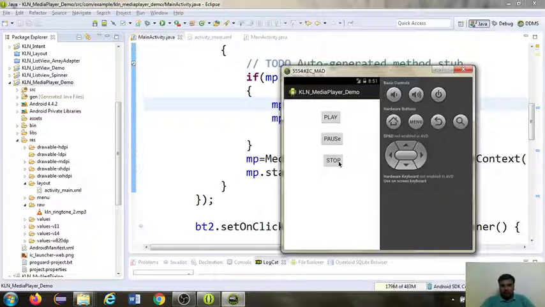Now I click the stop button, which means the resource stored in my media player object will be erased, right? Yes. Now I click the play button again. So all the functionality of the media player buttons has been implemented successfully and it is working fine.